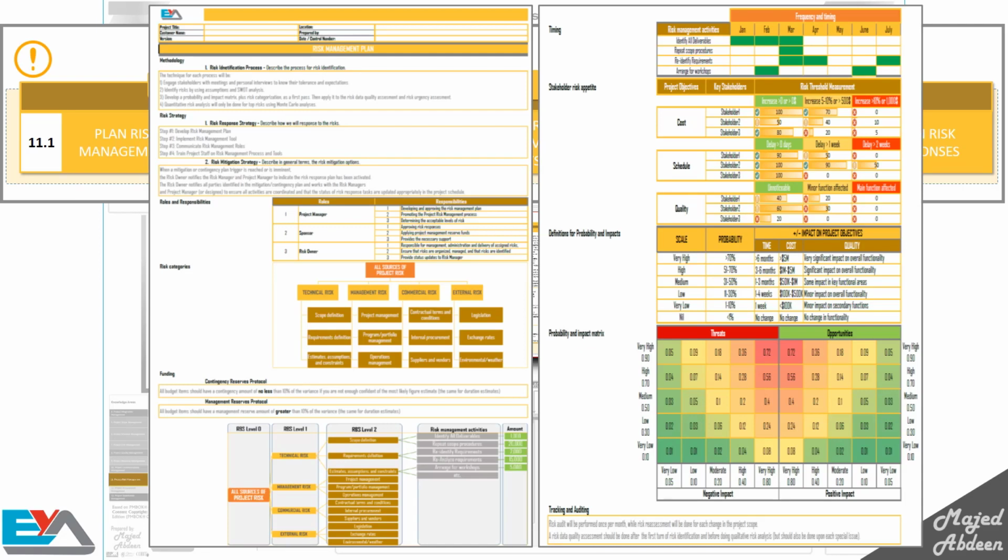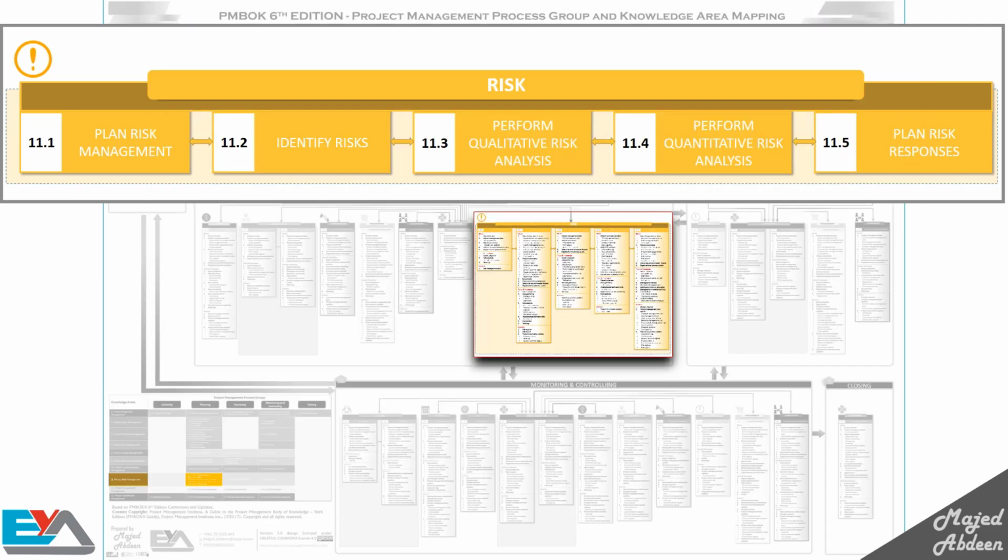If you think about project delays, for me a delay of 1 week might be okay, but for others a delay of 2 weeks might be fine, so you need to plan for all this throughout the project. Also throughout the project, you need to identify the risks. If you read the mapping diagram, the output from this process is a document called Risk Register.